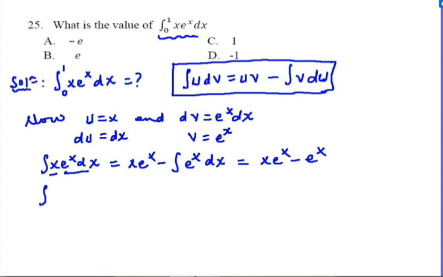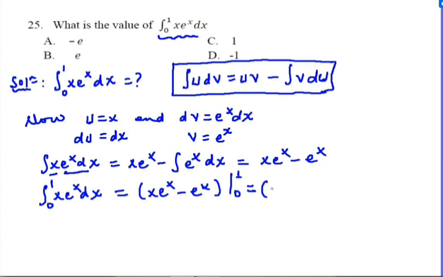So the integral from 0 up to 1 of x e to the power of x dx is the same as x e to the power of x minus e to the power of x. We substitute 0 and 1 and take the difference. So take x equals 1 first. So substitute 1 in place of x. 1 times e to the power of 1 minus e to the power of 1